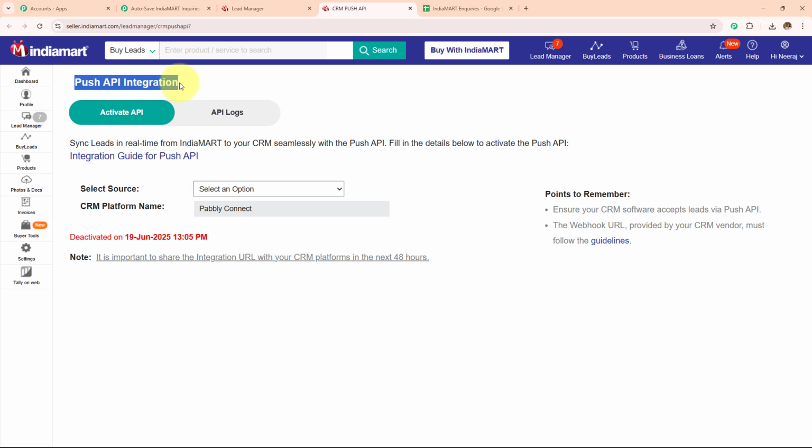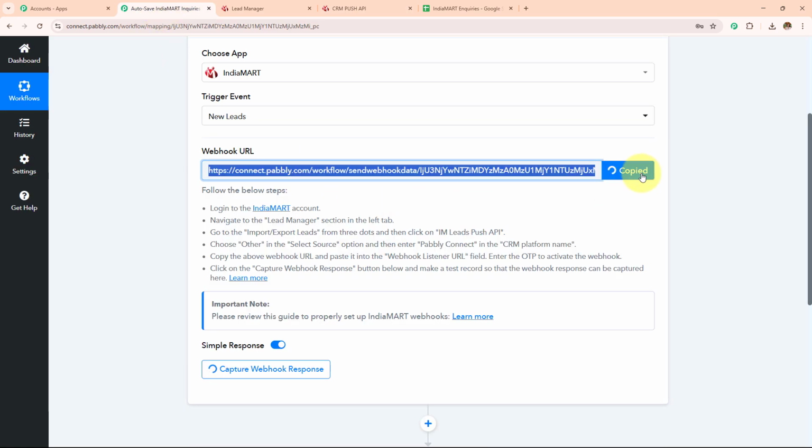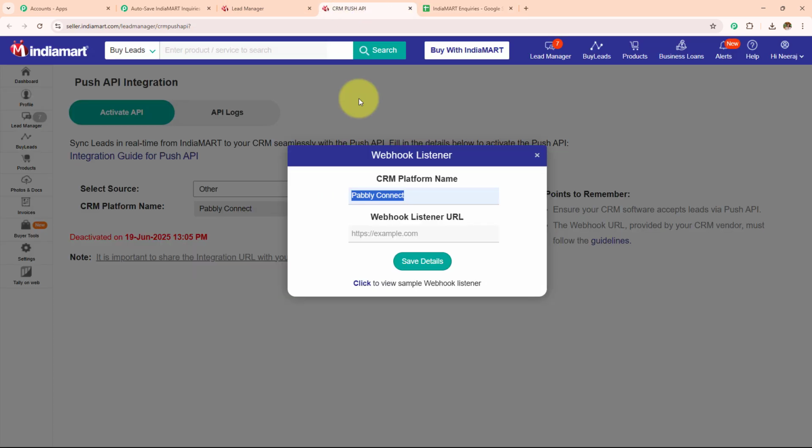I've landed on this push API integration, from where I have to first select the source, which I'm going to select as other, and then I have to enter my CRM platform name, which is Pabbly Connect, and then I have to enter the webhook listener URL. So here, this is the same webhook URL which I was provided in my Pabbly Connect. So I'm going to copy this webhook URL and paste that over here,